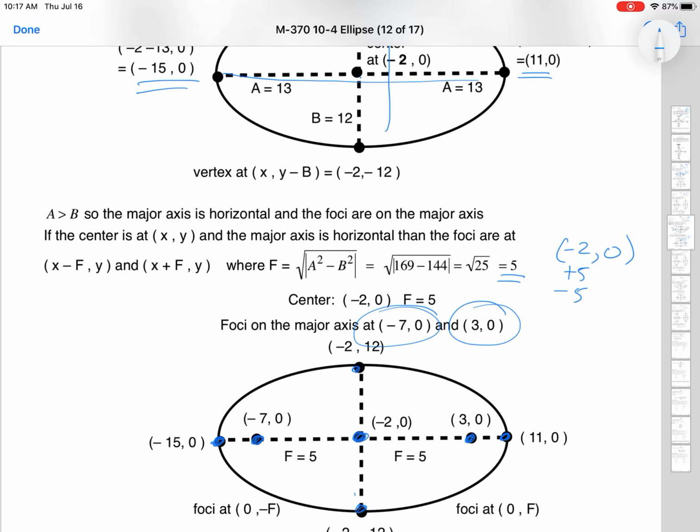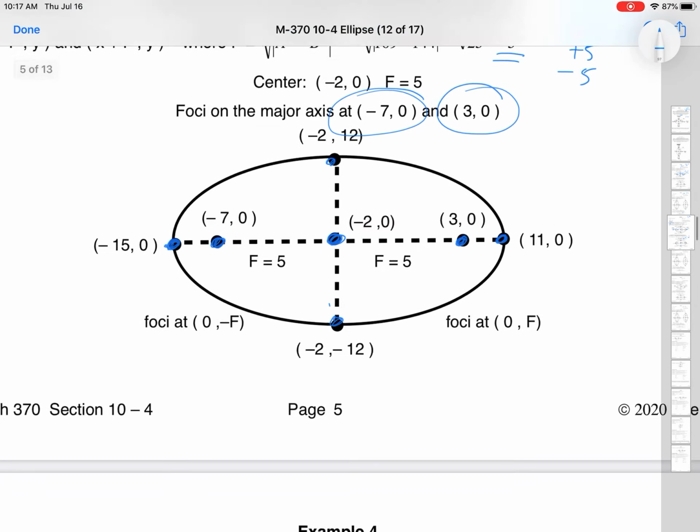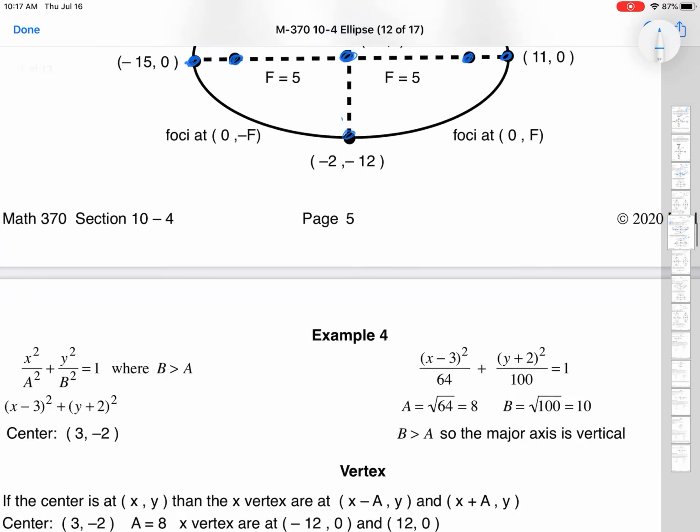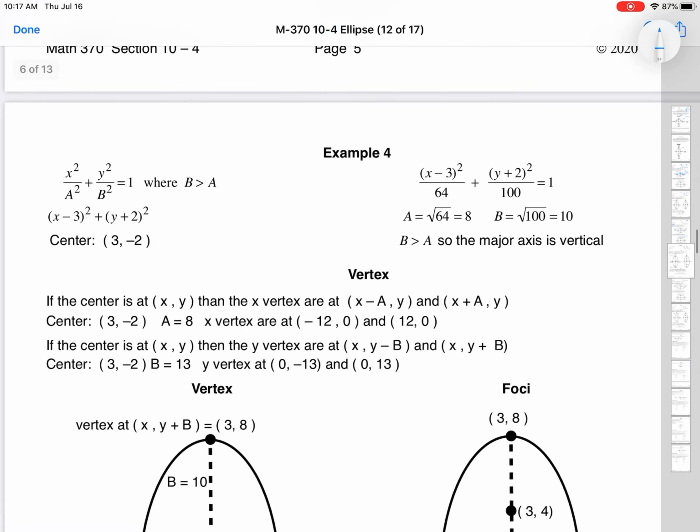And the only reason that they are flat out 12 is because there was no adjustment in that y height. The center point was still at 0. So pretty good examples. Here's the next good example, example number 4, where we're looking at something that has